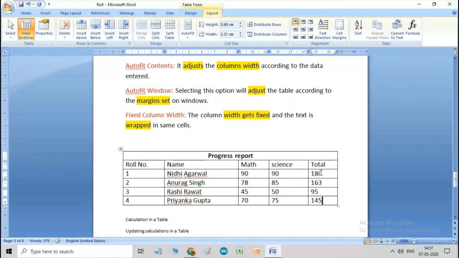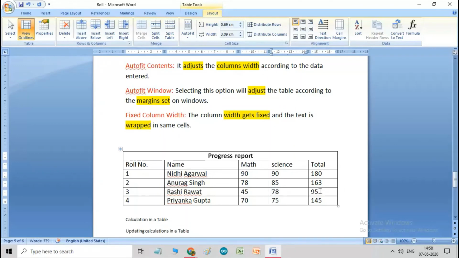You can calculate it in a very simple way. Even we can update the total also. How can you do the update? Simply select the data where you want to update, and then press the F9 key. First I'll just select this data and change its value.